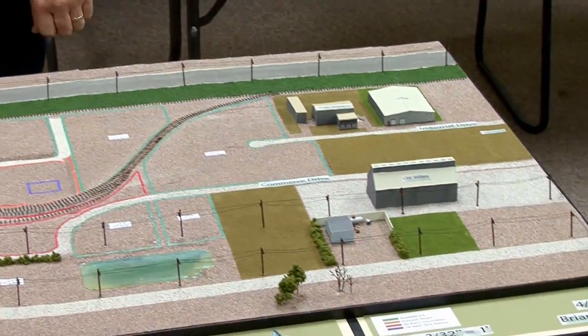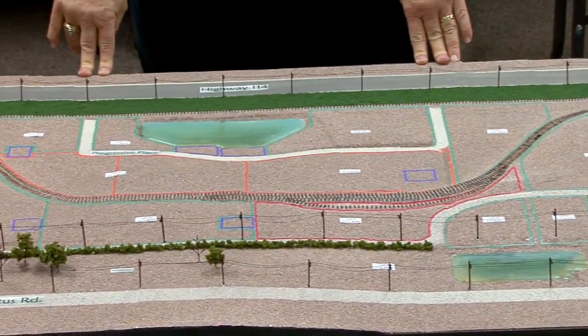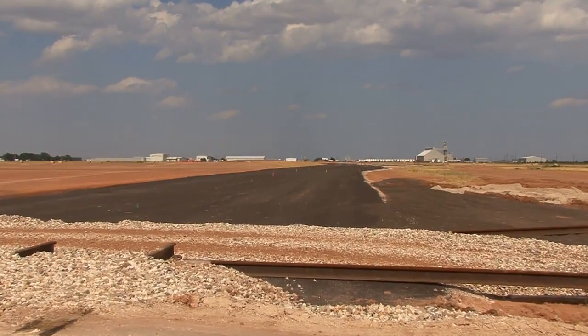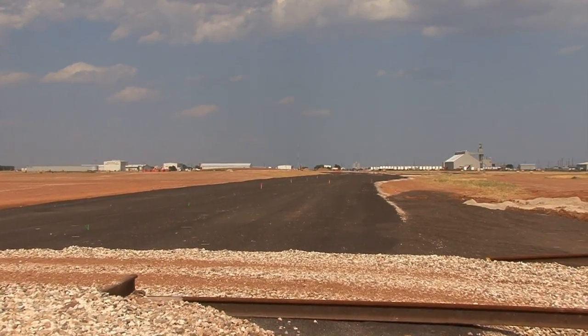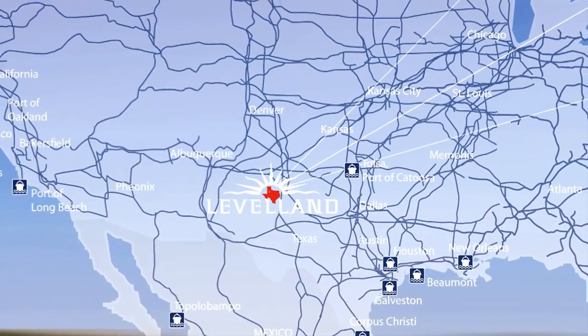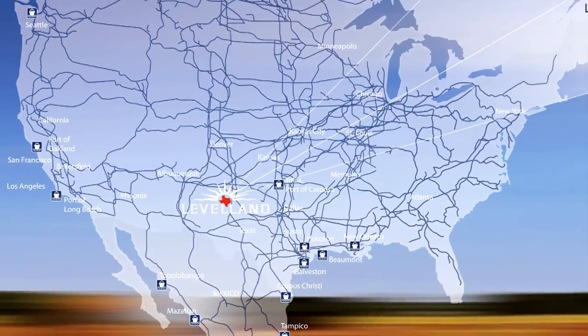Access to the park is provided off of 2 state roads, the initial one coming from a state farm to market road to the east, and as the park develops, 2 additional entrances will enter the park from Highway 114, which is a 4-lane state highway. So all aspects of the infrastructure of the park are considered and are currently under construction, and the park will be open soon. Located just 330 miles west of Dallas, the LIRP opens up access to the high grounds of Texas